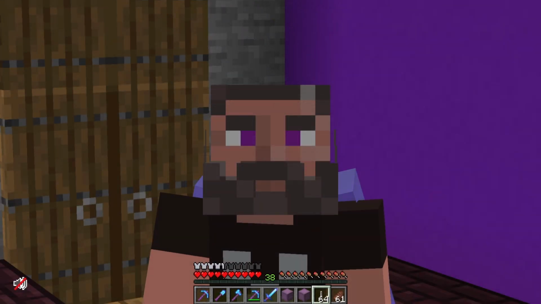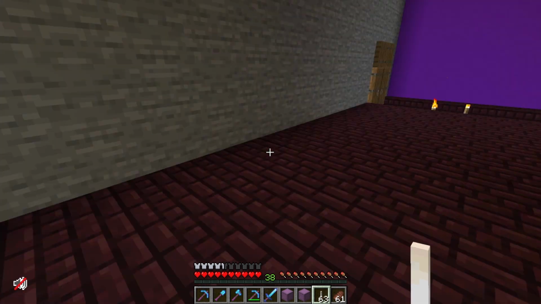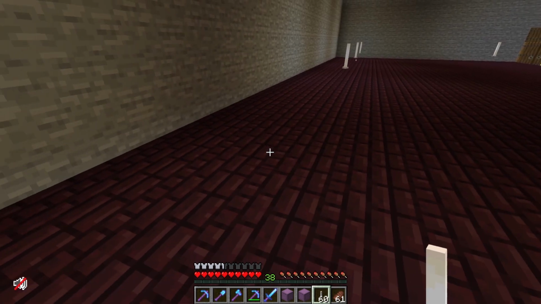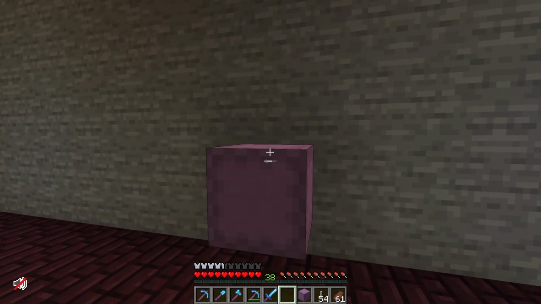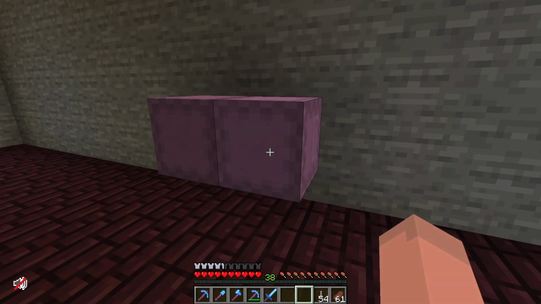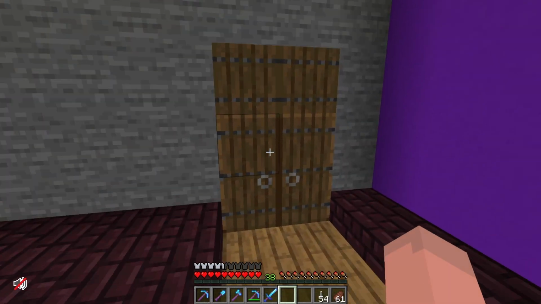So I have grabbed some materials, and the very first thing that I got are these end rods, which are going to light up this area here. All that I'm doing here is to provide some light source in this otherwise very dark area. So in this shulker box here, we have an entire chest full of logs. And the other shulker box that I have here is actually empty at the moment, but right outside of this building here,